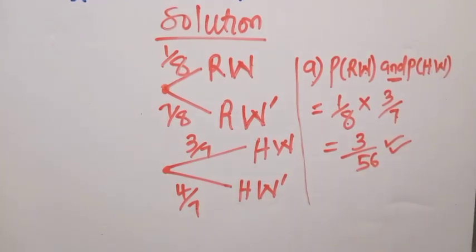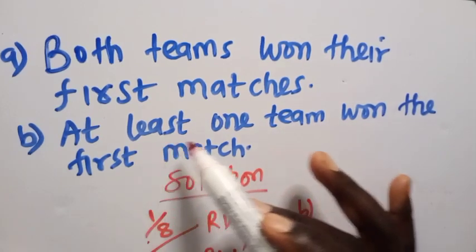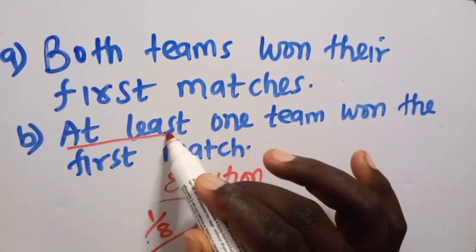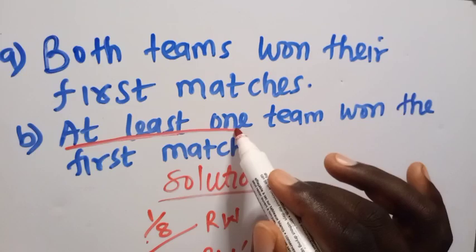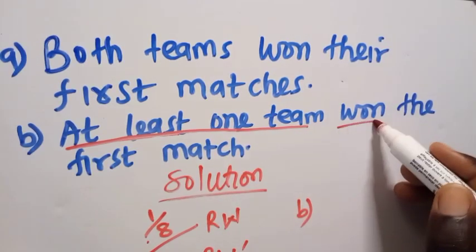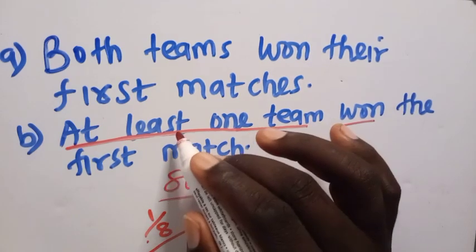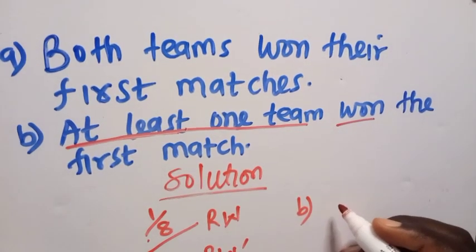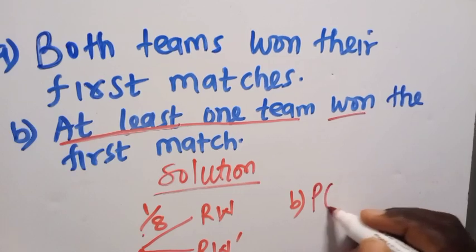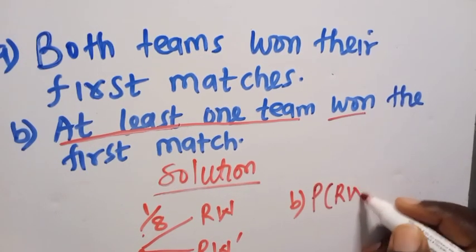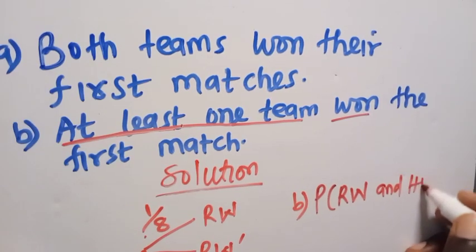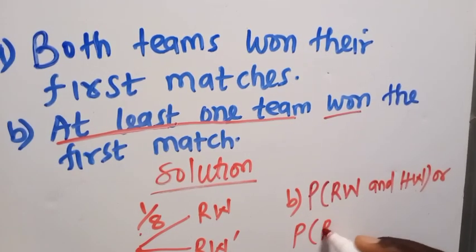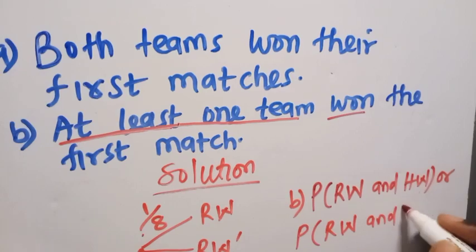Now, let us have a look at part B of the question. Part B is telling us to find the probability that at least one team won the first match. Now, at least in probability, they say at least one team. At least one team won. So that means it can either be one team that has won, or two teams that have won. And in this case, it means we shall have the probability that rugby wins and handball wins, or we shall have the probability that rugby won and handball loses,